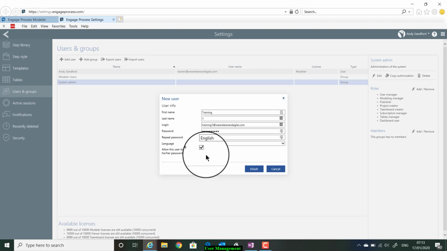Now, obviously for normal users you are going to tick this, and what that will mean is you'll send them the password and the username, and the first time they log in, the system will prompt them to change their password. When you're setting up viewer users, you might want to take the tick out of this, because you're going to